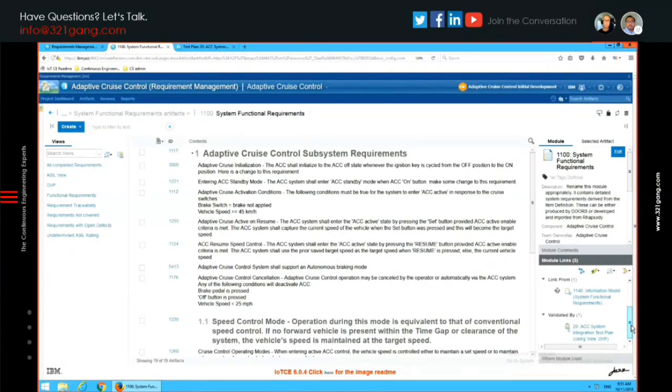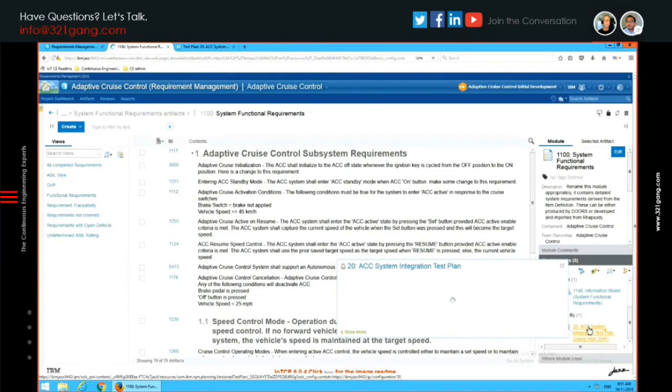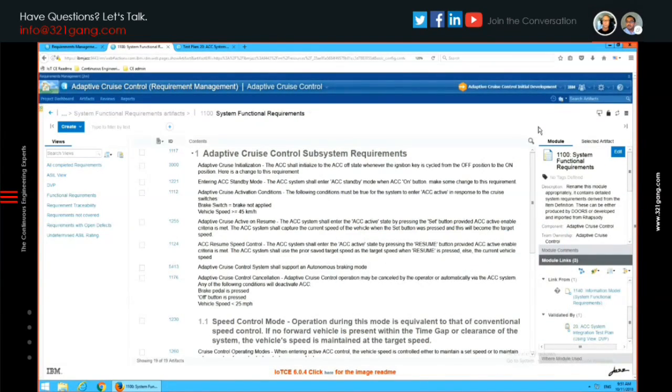And what is a test plan? A test plan is a grouping of tests that we're going to associate for an iteration, where we plan out what we're going to test. So a test plan is aligned with an iteration. I didn't know that. Okay, that's good. Yeah, it can be aligned with an iteration.